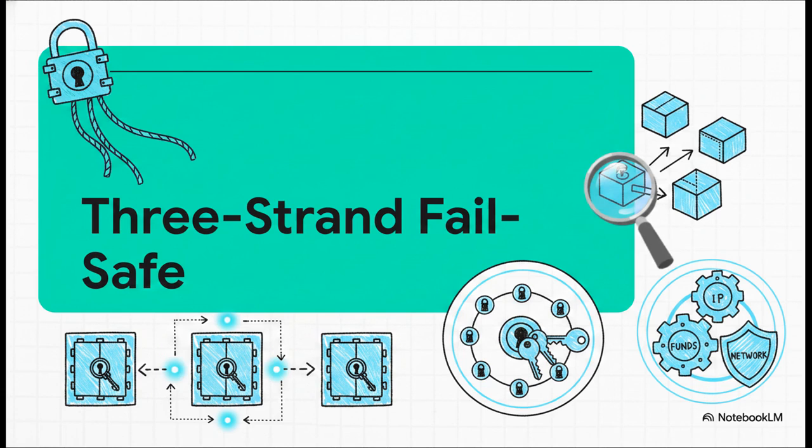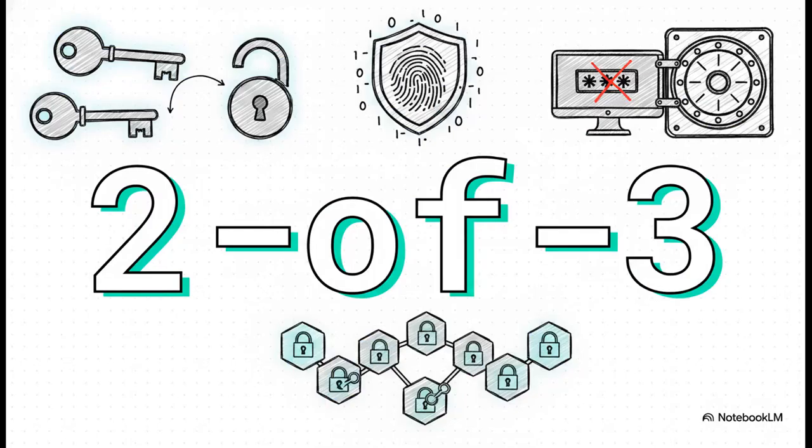This failsafe is designed so that a single point of failure literally cannot compromise the intellectual property, the funds, or the network itself. To put that into a real-world context, like the Bitcoin custody systems detailed by Unchained Capital, this concept is represented mathematically as a 2 of 3 or 3 of 5 quorum. This means, out of a total set of existing private keys, you need multiple specific keys to sign off on any access or withdrawal. You can't just guess one password and breach the system.